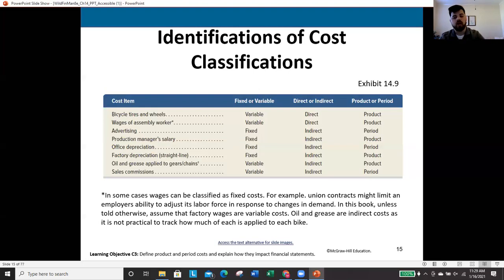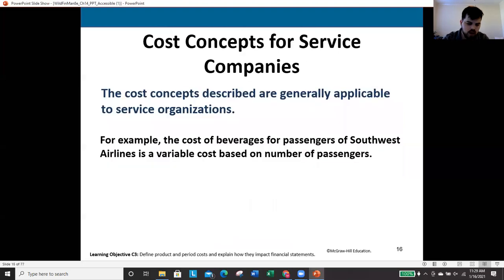On the other hand, that next one, factory depreciation. Well, factory depreciation, that factory is certainly involved with the production of your product. So because of that, what you have here is a product cost, because without those factory machines, you would be unable to produce your bicycles. So it is certainly a product cost. Okay. Now,